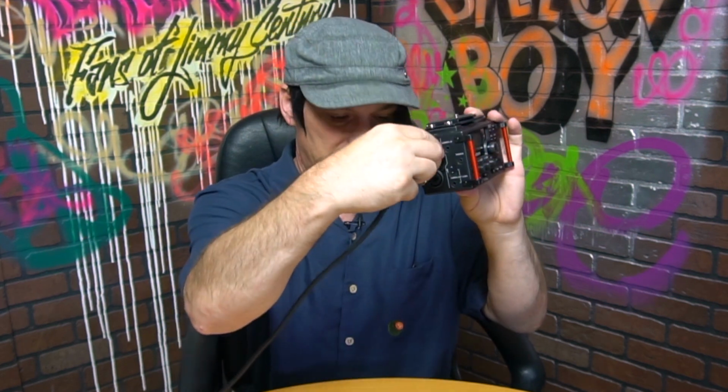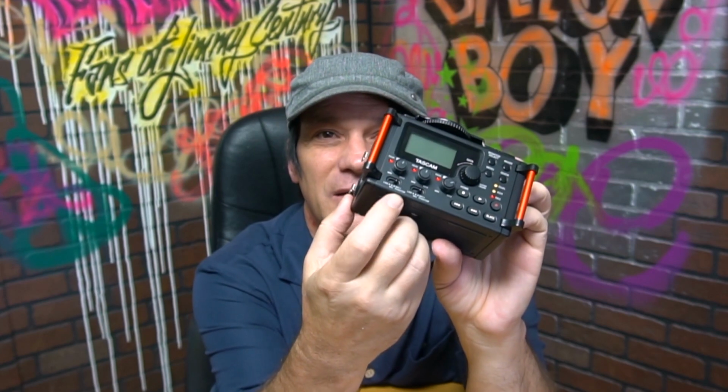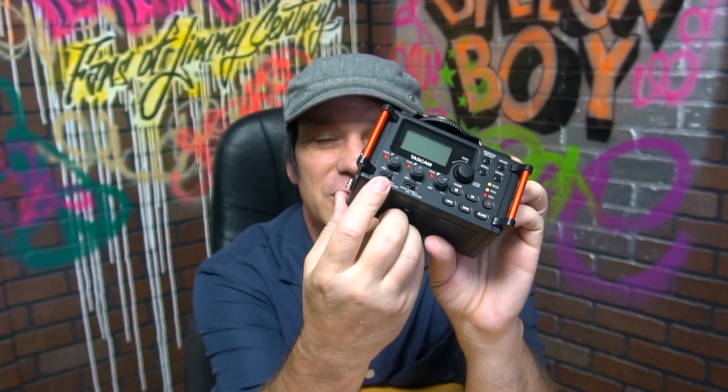I mean, it does have some drawbacks. It's got four inputs, basically. It's got two XLRs you plug in like that, and each of those XLRs doubles as a quarter inch for instruments, so if you just have a guitar, you can plug it right in there. For those two channels, you have your switches for mic and line, and then you also have your phantom power,